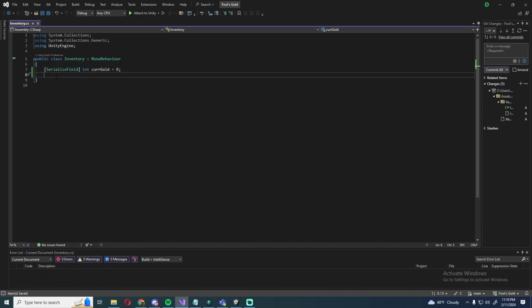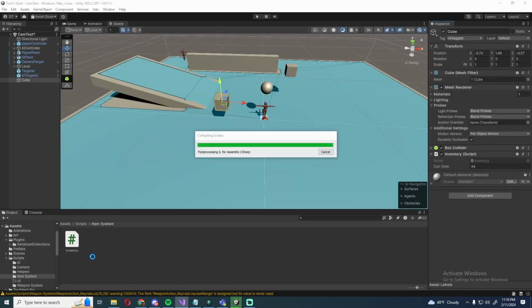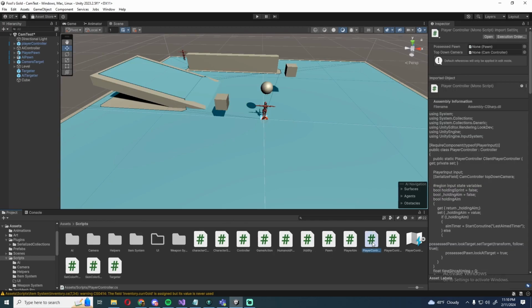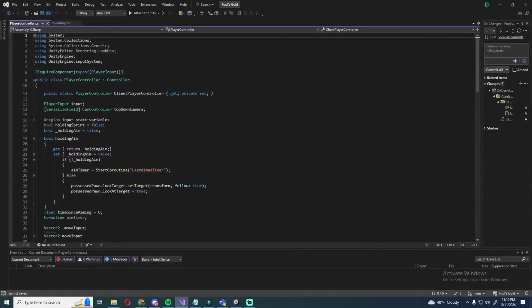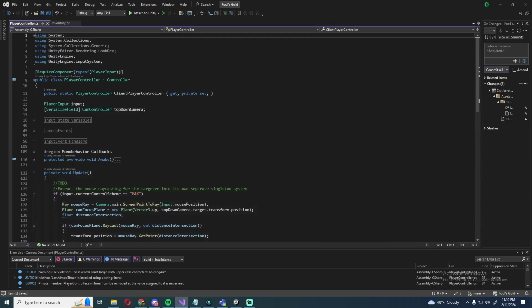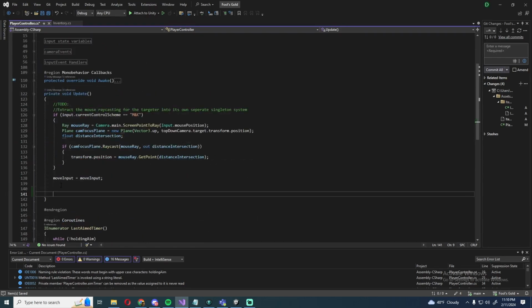Now, right now, this is a private variable. It doesn't save, but by default they're private, meaning other scripts can't access this. So if I go into, for instance, my character controller, you don't need to worry about all of this. Let's just do it in update. So if I tried to do inventory, I'm going to make a new inventory. It's going to be my inventory,